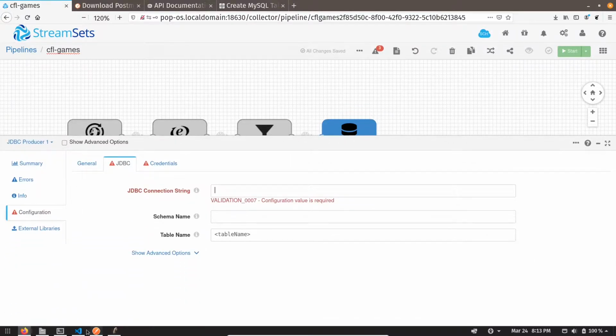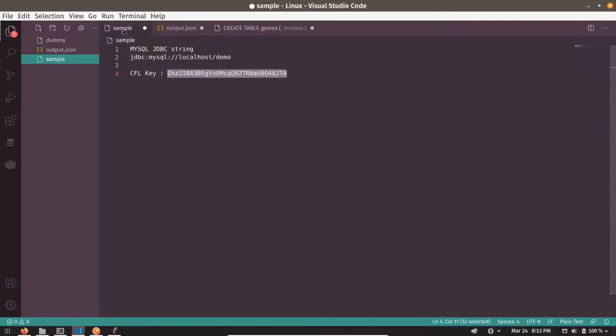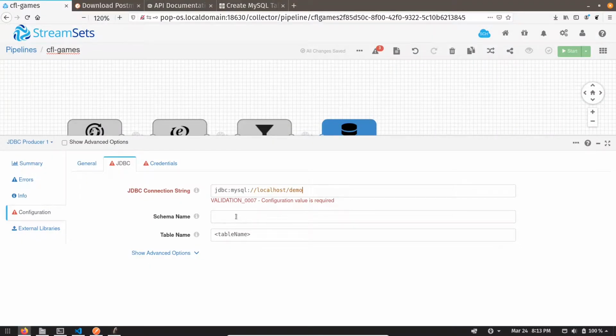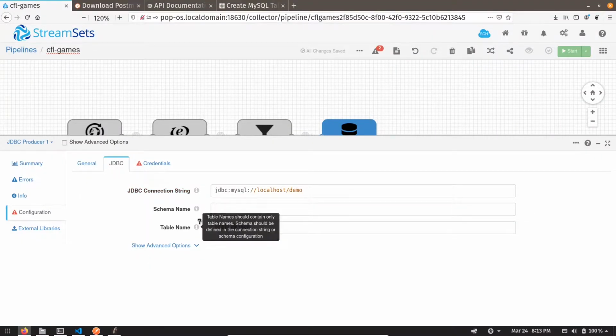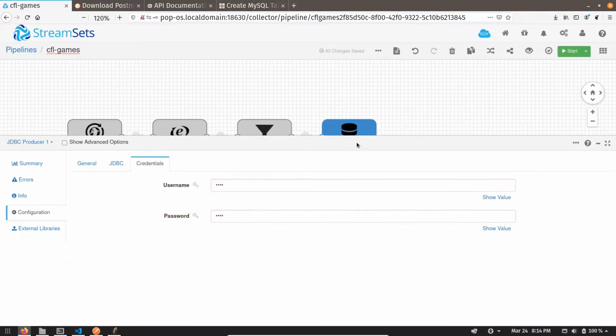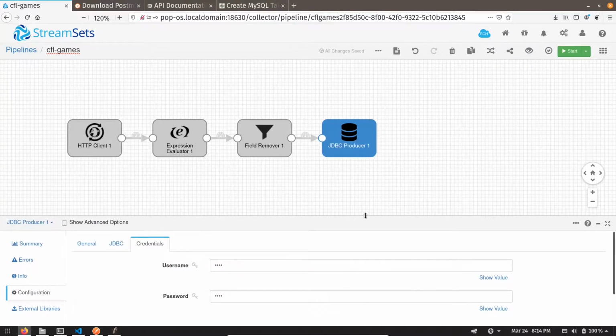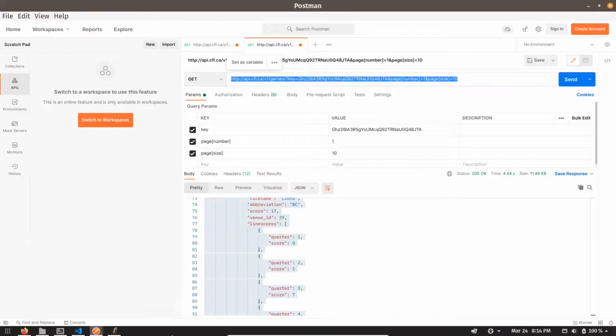I have the JDBC connection string. So this is my JDBC connection string. Let me copy it and paste it, and then my table name is games, and let me add the credentials as well. Yeah, that's it. So now I can run my job and my data will start flowing inside the MySQL.